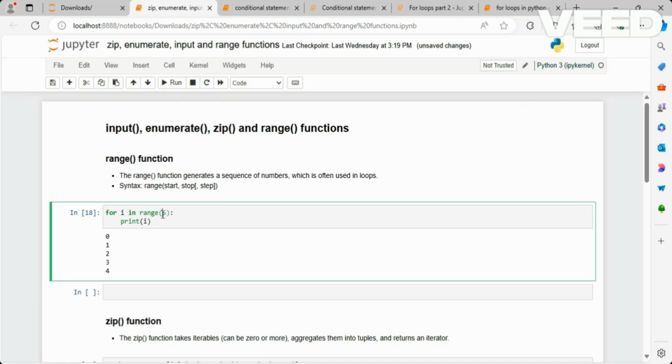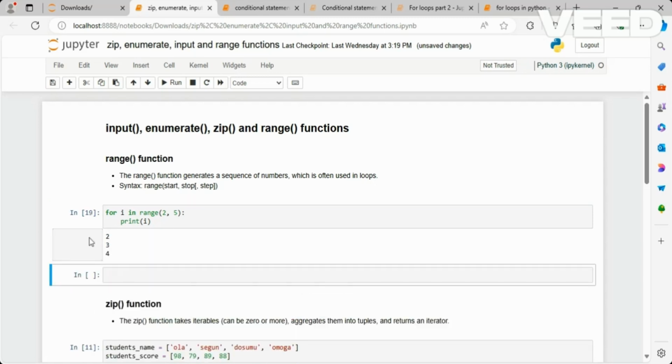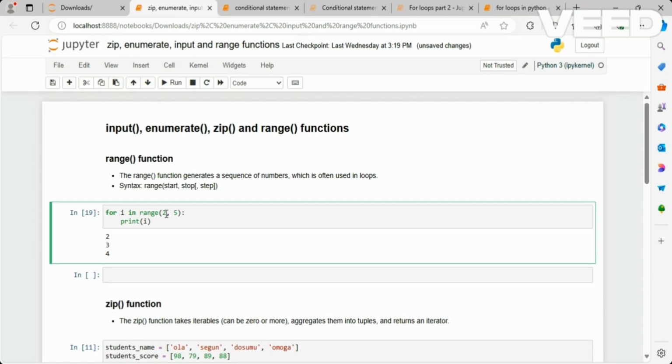Assuming I want to start from 2, I just put 2 here, and if I run this, the sequence will start from 2 and end at 4. So it starts from 2, ends at 4. If I want to start from 1 and end at 20,